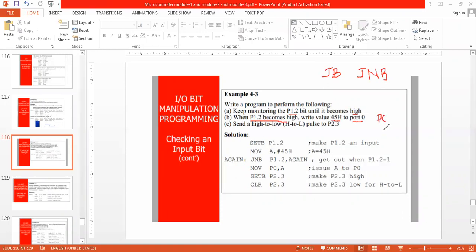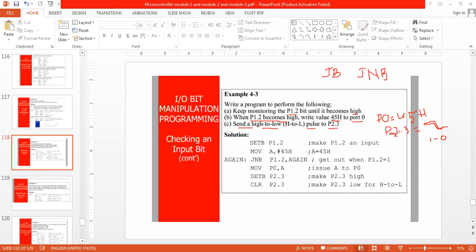So port 0 should be 45H. Correct? Then when it becomes high, send a high to low pulse upon P2.3. So P2.3 equal to high to low, 1 to 0.